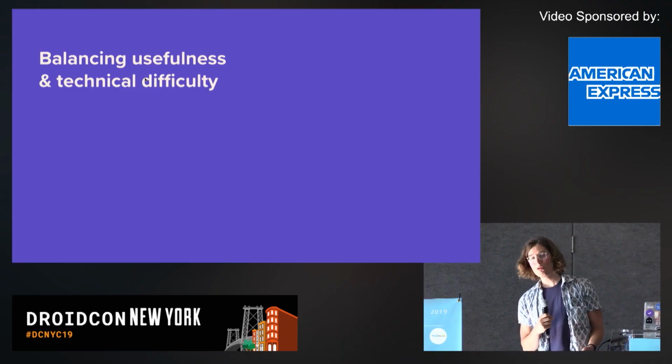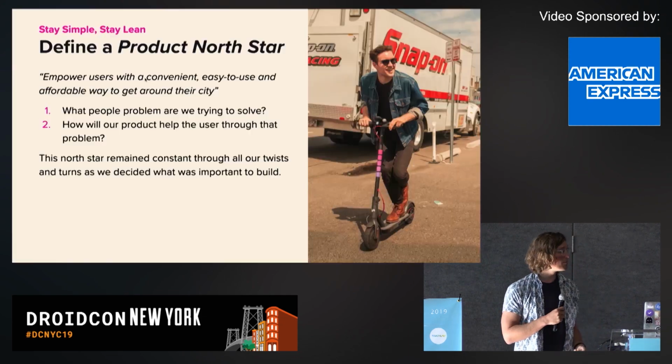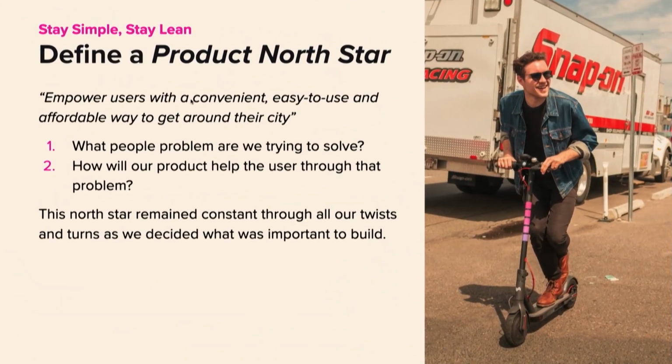And I can tell you all about what's going to be technically difficult, but it's really hard to talk about what's going to be useful. Usually we just rely on a PM to tell you something like that. But I think that if you want to play a hand in deciding what's useful, it's really important to first decide what you're aiming for at all. And I think of that as the product North Star. And every single time I've built any app across any of the companies I've worked for, this has been one of the defining ways to avoid disagreements around your team, to resolve conflicts, and to empower the engineers to actually get involved in the process.